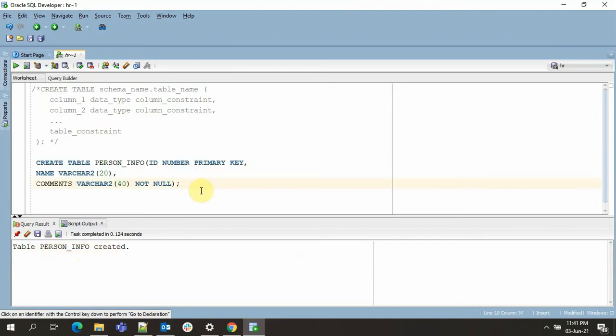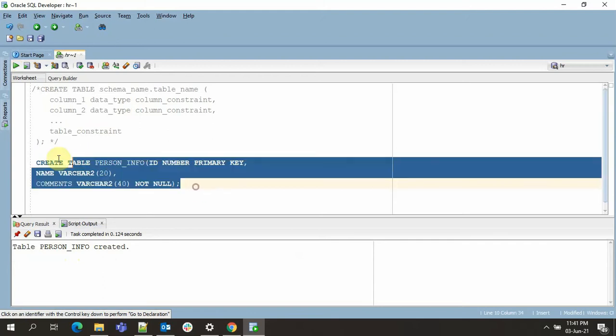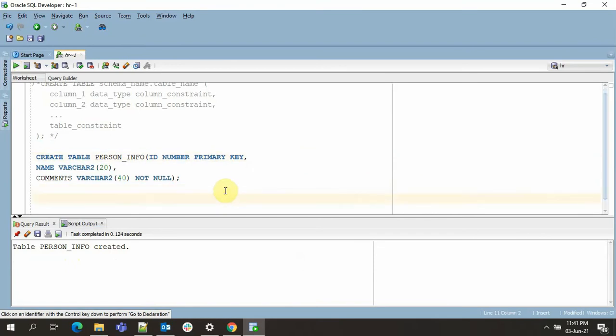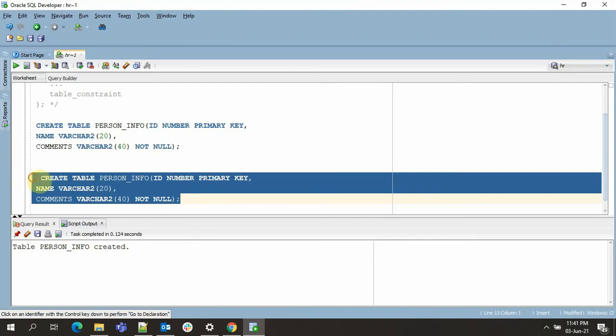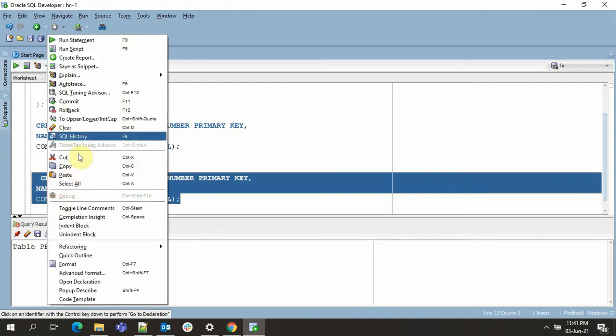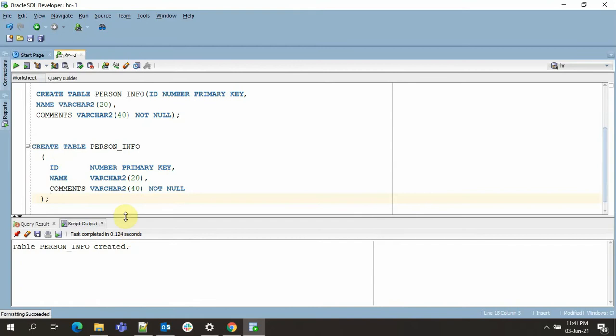I'll show you another way in which we can specify the constraint at the table level. So I'll just copy the statement. We can format it. Just right click and then click on format, or you can do it by pressing Ctrl F7. So I'll just give person info 1, and I'll just remove this primary key here.